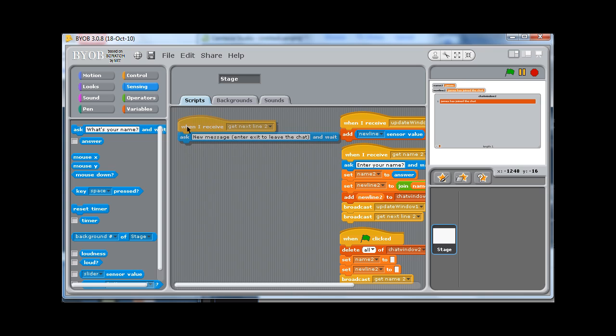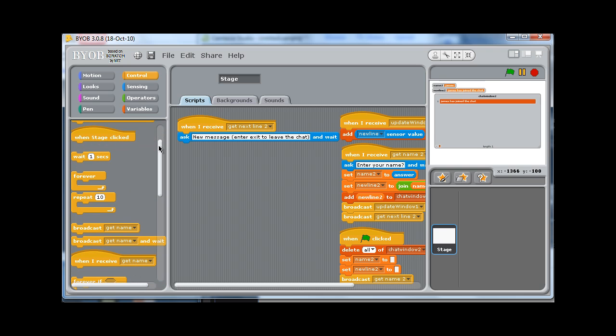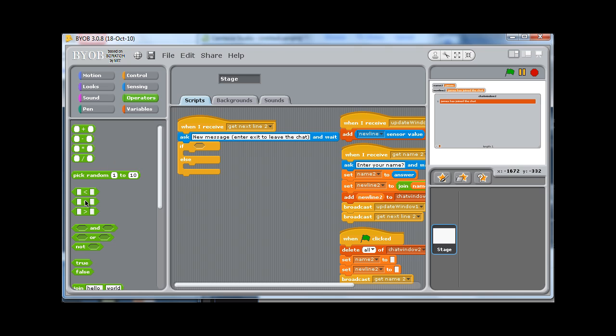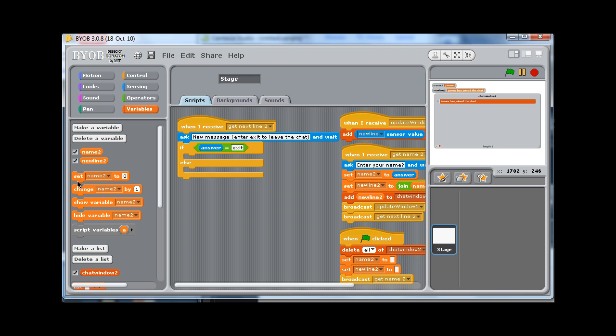So what we need to do here is check what's been typed in, and if the word exit has been typed in, we want to leave, and if not, we want to update the chat window with the message, then ask for a new line. So to do that, we need an if-else statement. So if, take the equal sign from the operators, so if our answer is equal to exit, then what we want to do is set new line 2